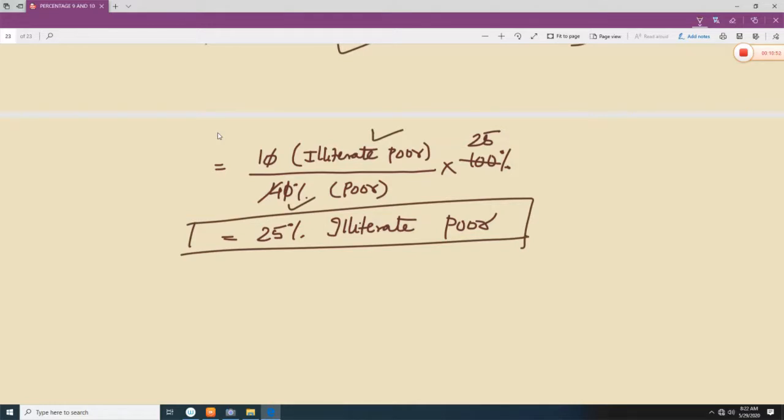So here we are ending the video on percentage. I hope that I covered almost all the examples, but examples always come with a different situation. So maybe a similar example will be there in the competitive exam. You need to find out how to solve it and practice the examples. That is the only solution to master the topic.